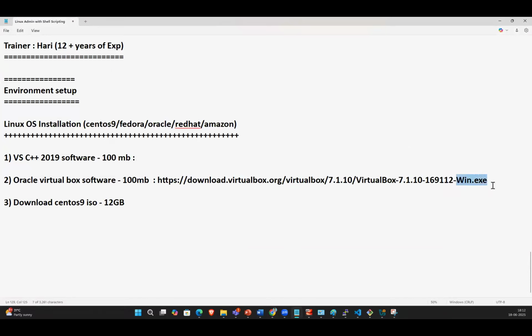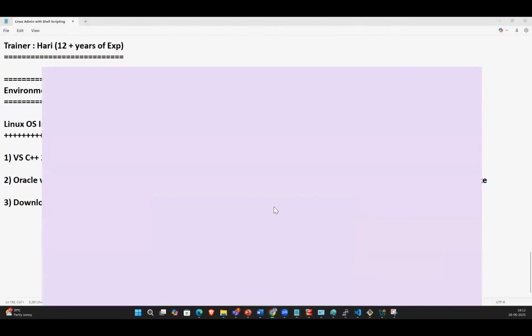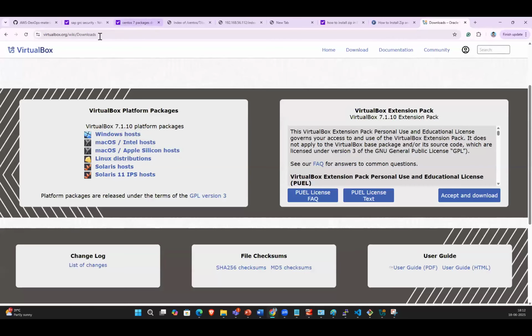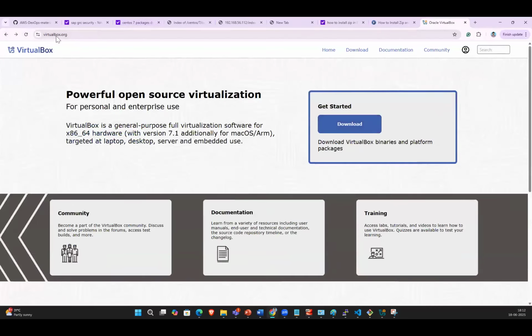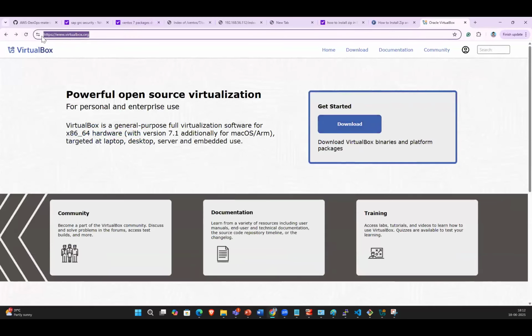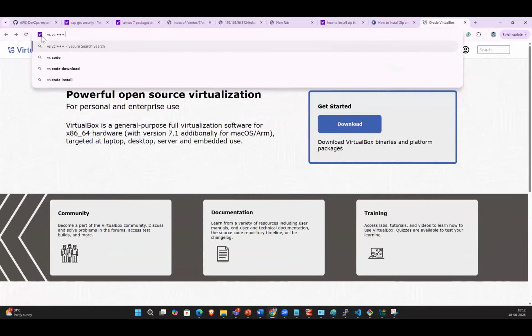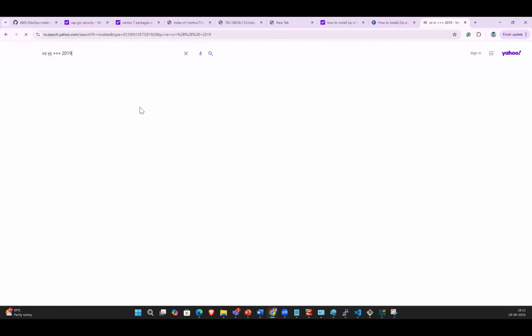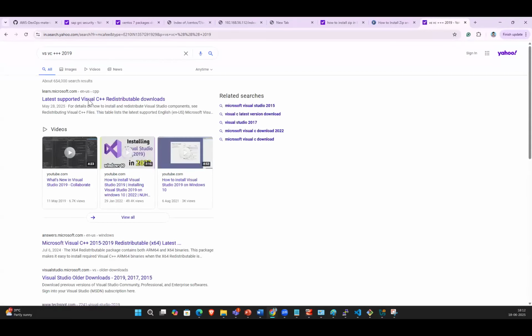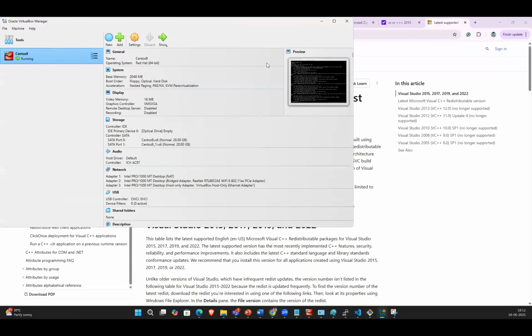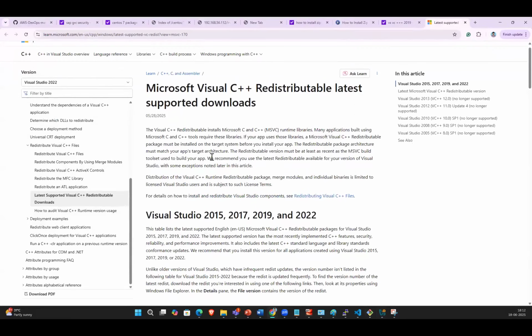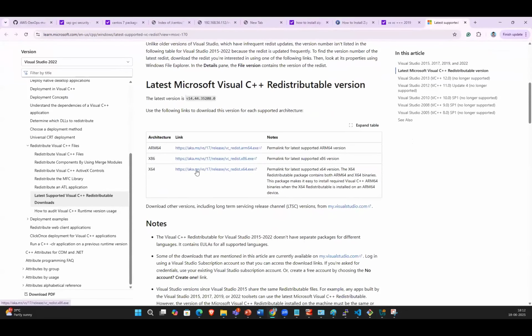Guys, remember: if you want to install any software on Windows, we need a .exe file. What is that? The .exe is nothing but an executable file. Next, we want to install VC++. Why do we need VC++? Visual Studio VC++ 2019, because this is the dependency software. Why dependency software? I will tell you while installing this one, guys. VC++ is the dependency software for